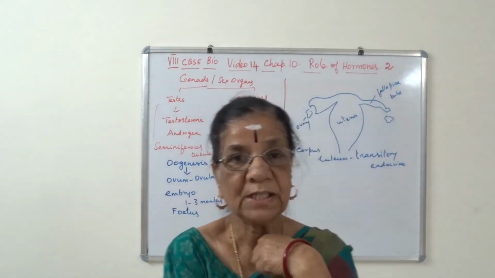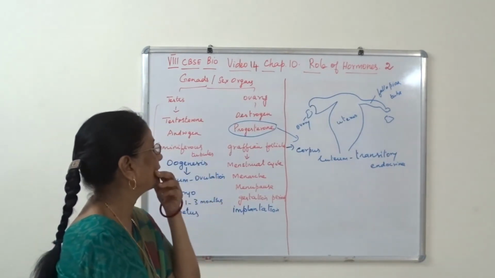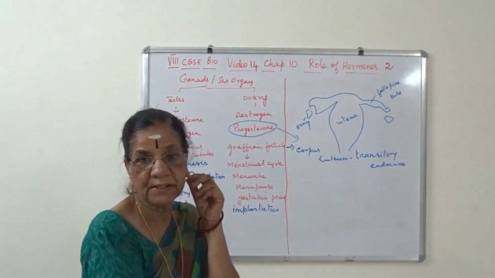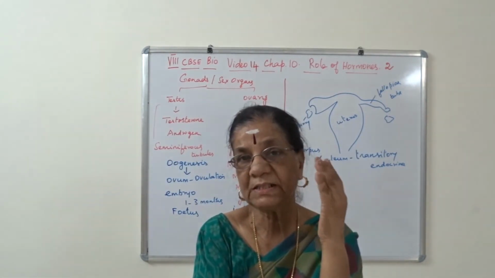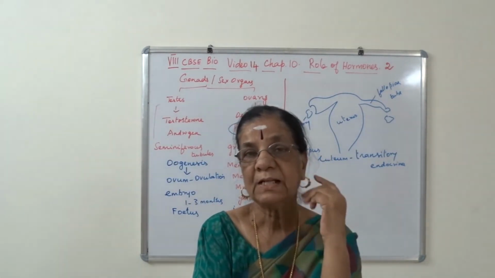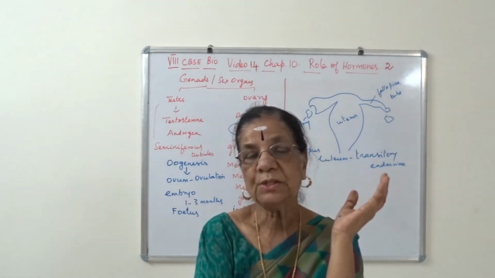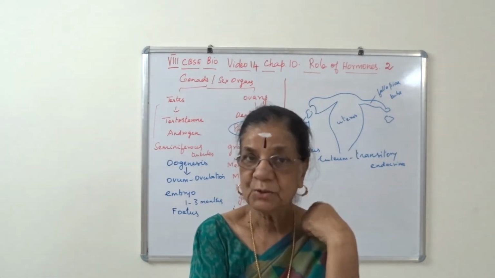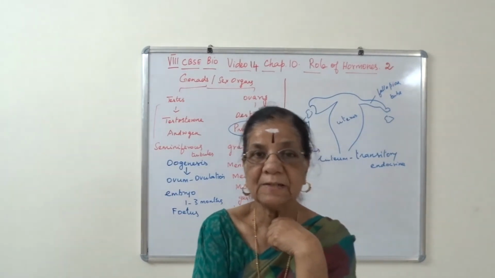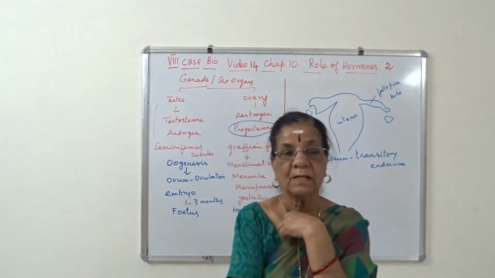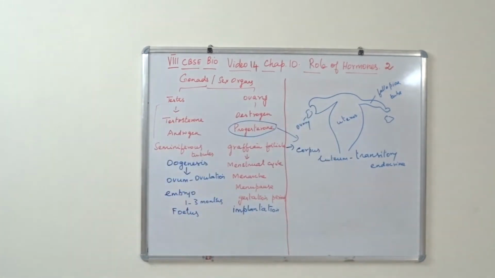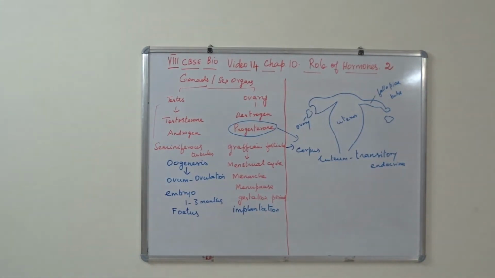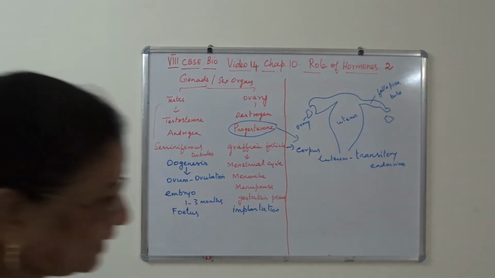Throughout the life cycle of female, this parathyroid is also doing the function of calcium metabolism. At the same time, this estrogen is also doing calcium metabolism function. Okay? As the menopause period starts, the estrogen secretion is totally reduced and female looks older than male, due to this calcium metabolism. I hope you understand. So this is for female hormone.